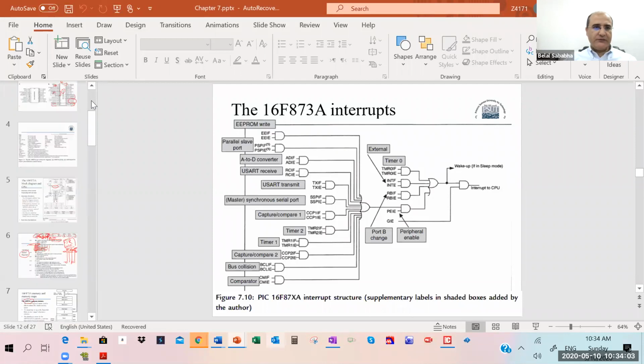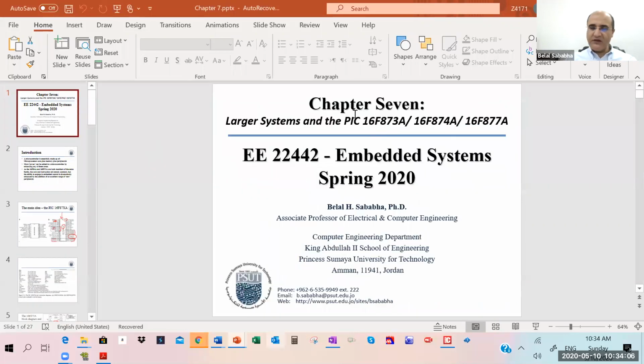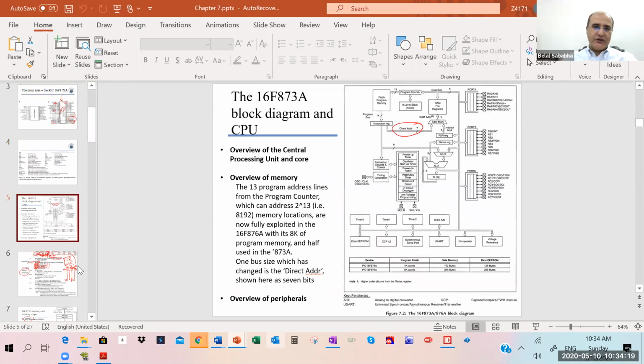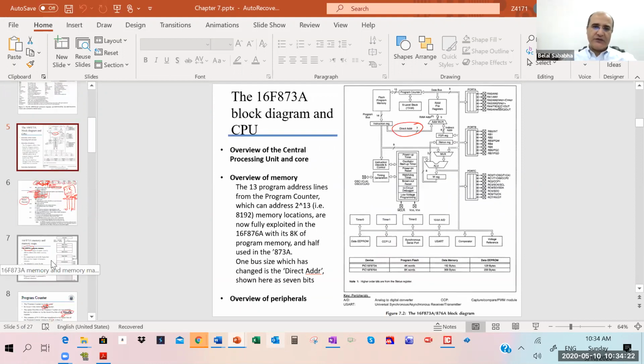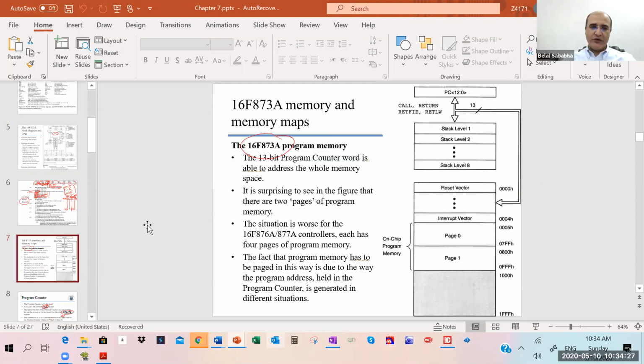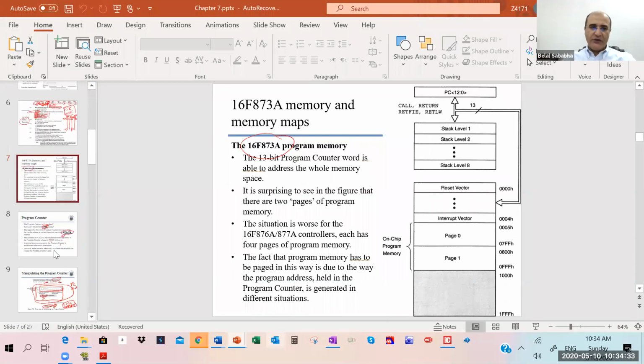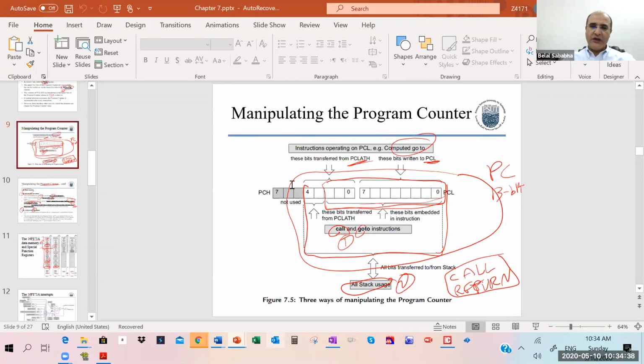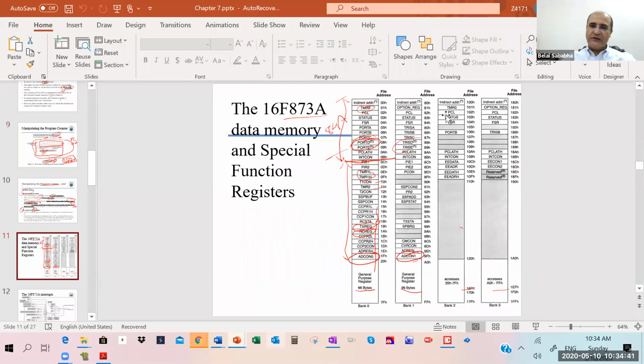So last time we were in chapter 7. That is taking us from the smaller system, the 16F874A controller, to the 16F877A controller, showing us what were the common things in the architecture and how this move from smaller to larger systems made the program memory look different. So we started seeing program memory pages, and we talked about how to move between these pages and how to manipulate the program counter. And we looked at the data memory